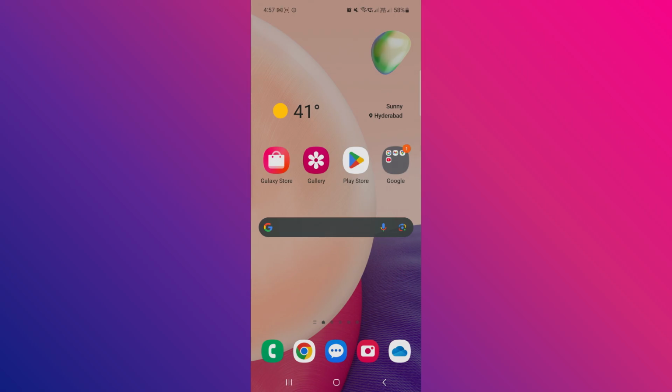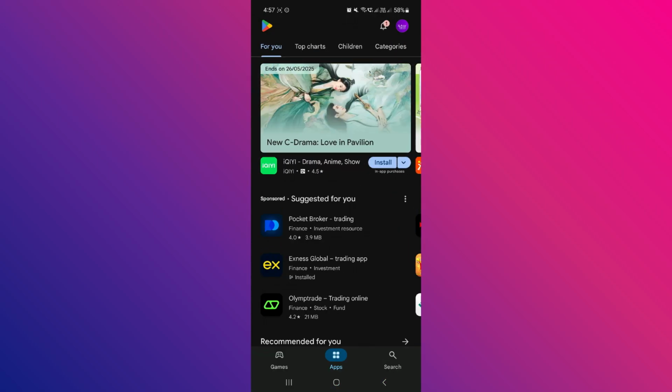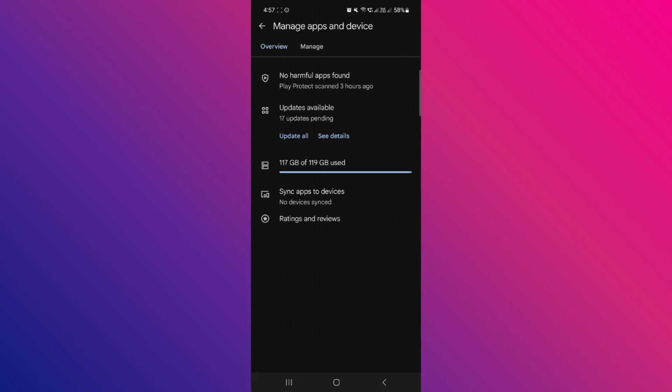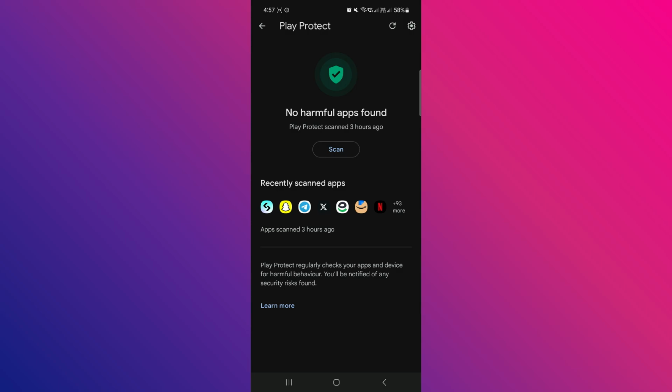To solve this now, the first thing you can do is simple. Go ahead and open up your Play Store and then go ahead and tap on your name banner right there. Go ahead and tap on there and then tap Manage Apps and Device. Now here, go ahead and tap on this mark, and here you'll have to go ahead and tap Scan. Now what it will do, it will scan all those malicious viruses if it happens to be in your applications. Now if it says no harmful apps found, now let's go ahead and check out our next process to fix